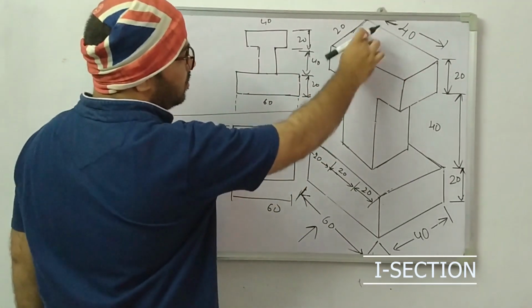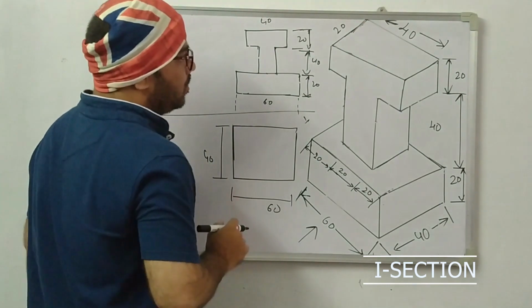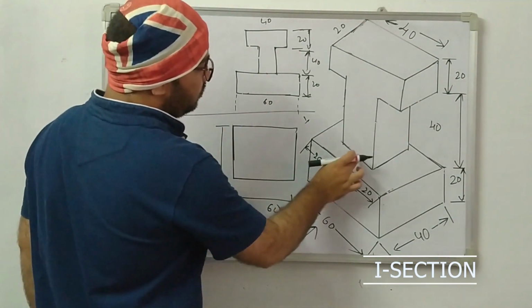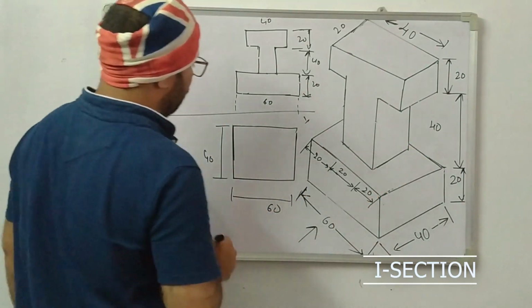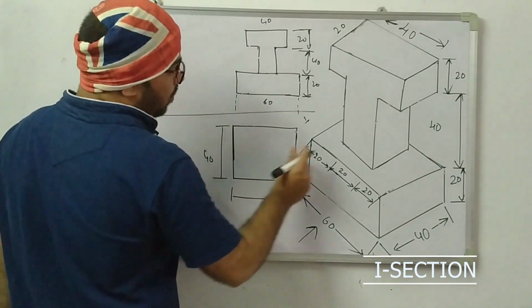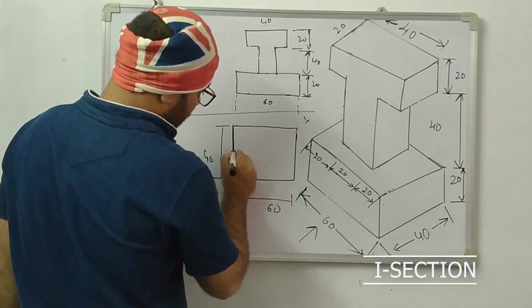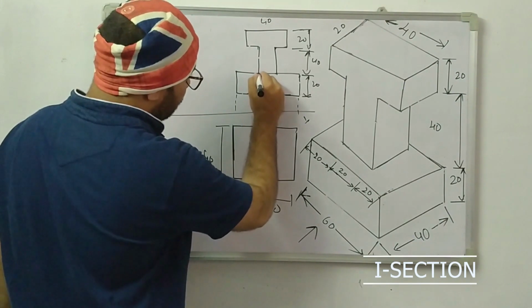Now I am going to construct this smaller box. This box is how much? This is 20 and this is 40. So this 20, 40 is located exactly where? Here. This distance and this distance is 10 mm and 10 mm. So exactly at the midpoint, give this total height of 20. So exactly here, select the midpoint, and these are the projection lines.